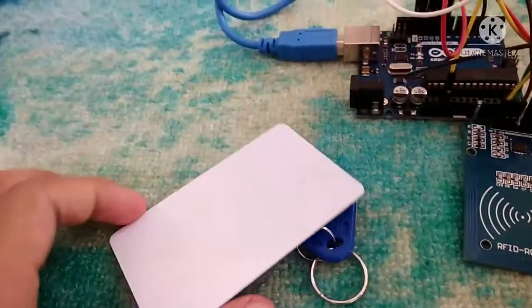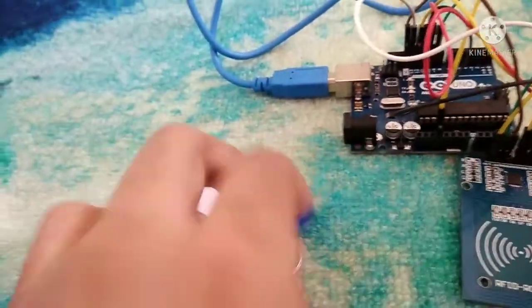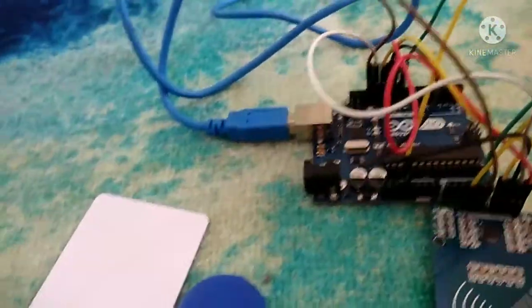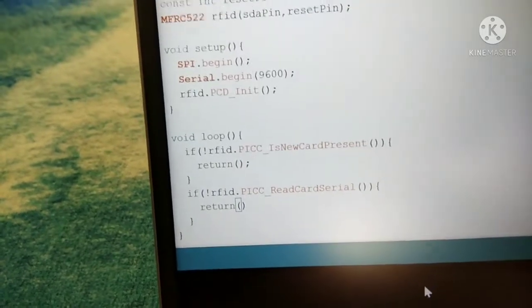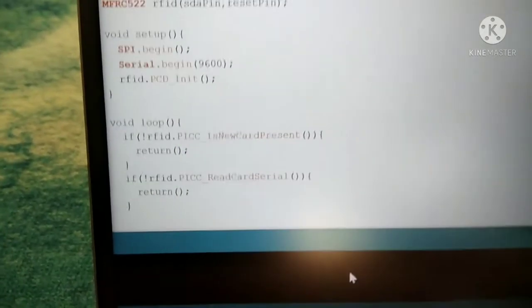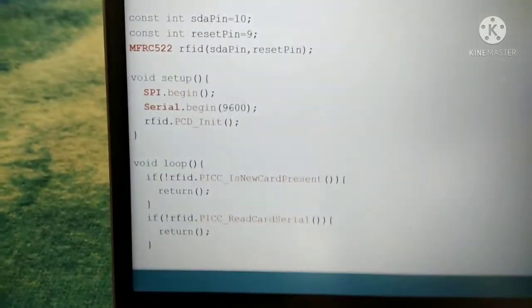This is the tag, just a basic keychain which has a chip in it, which I'm going to show you while starting the project and uploading the code. So each tag has its own UID, and this is just to read the UID. And if this is not present, then again return and don't run the further commands. And if it is present, then only it will run the further commands which we are giving now.